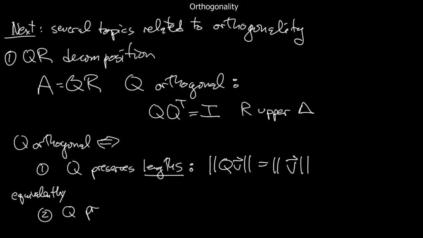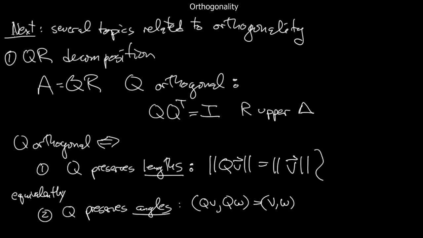And it turns out that it's also the same as saying that it preserves angles, which is to say inner products, which is that if you have two vectors v and w, then the inner product of v and w is the same as the inner product of Qv and Qw. So one way to think of this is to say that Q is a rigid motion of the plane. And let me illustrate what I mean by that. So for example, in R2,